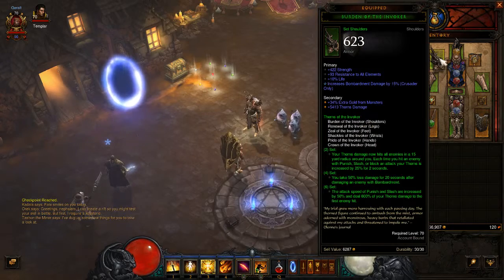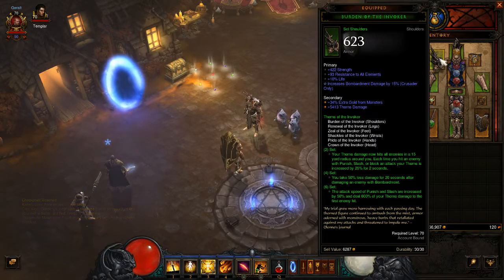I have all of the pieces. Now, each of them adds a good chunk of Thorns Damage. I was thinking about this build, and so the Thorns Damage hits all enemies in a 15-yard radius now. So whenever any enemy hits me, every enemy in that radius takes my Thorns Damage. Additionally, my Thorns Damage is increased by 25% for 2 seconds every time I hit an enemy with Slash or I block. So that means I need to use at least one of those skills, and also bring up my